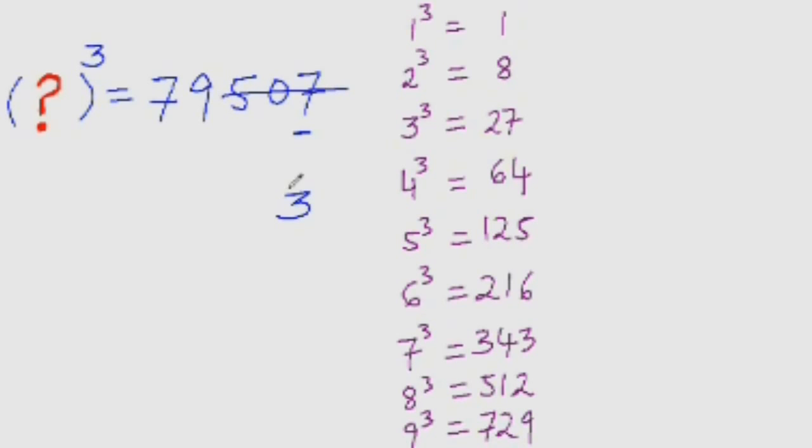Now look at the number that is left, 79. So what is the number that has its cube near 79? It is 4, isn't it? Because 5 cube is 125, it is more than 79. So the nearest cube, that is the cube of a number that is either equal to 79 or less than that, would be 4. So the answer is 43. As simple as that.